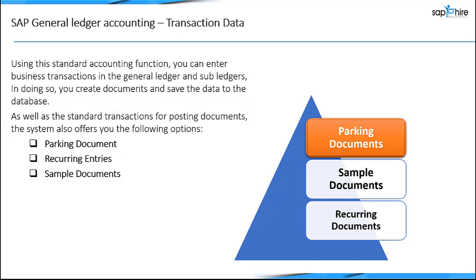So let's first see General Ledger Parking Documents. You can use the document parking to enter and store incomplete documents in the SAP system without carrying out extensive entry checks. In SAP, user can be provided with limited authorization amount for posting. For example, an accounting clerk has authority to post documents to a maximum of $5,000. While feeding documents, he finds that the document amount is $10,000, for which he does not have the authority.